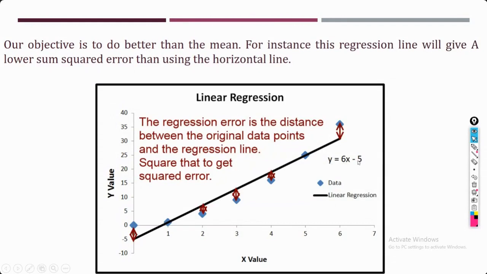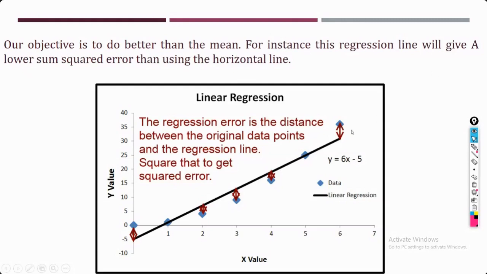Suppose here the equation for this regression line is 6x minus 5. It could be, because the value for your theta could also be in the minus direction. So this y is your hypothesis, the term which we are now using, h theta x. So in order to calculate your sum of squared error with respect to a regression line, first I will calculate what my predicted value is according to my current model. I am going to predict that with this equation.